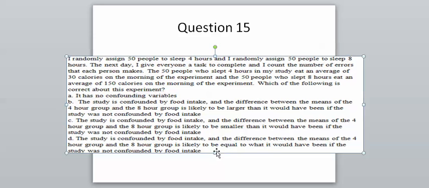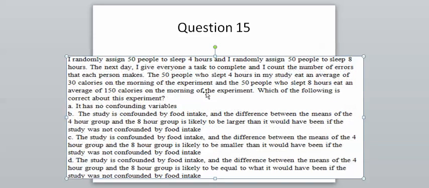Now I'm randomly assigning people to get different amounts of sleep. And I give everyone a task the next day and I count the number of errors that they make at the task. The people who slept 4 hours had less food in the morning, and the 50 people who slept 8 hours ate more food in the morning. So I'm manipulating hours of sleep because I'm randomly assigning people to get different amounts of sleep. So hours of sleep is my independent variable,